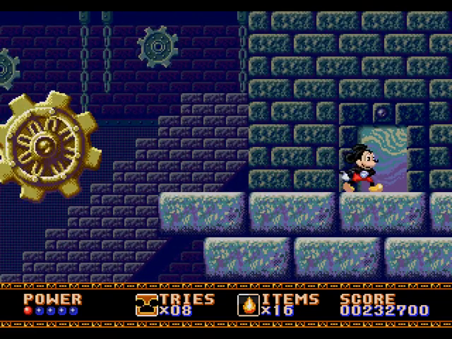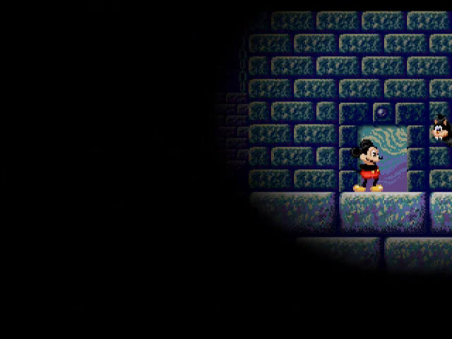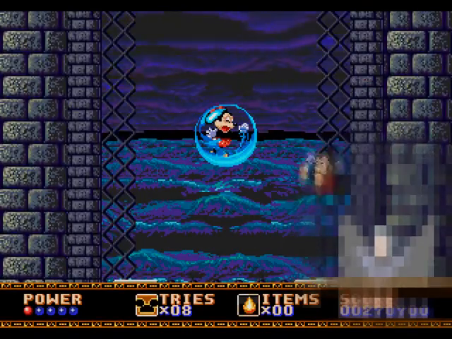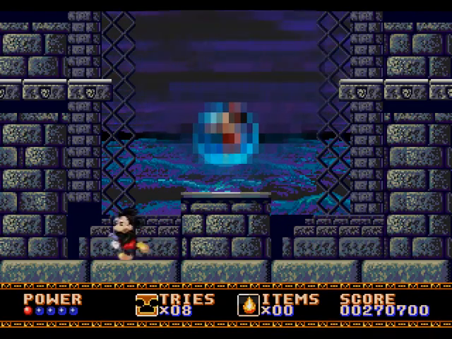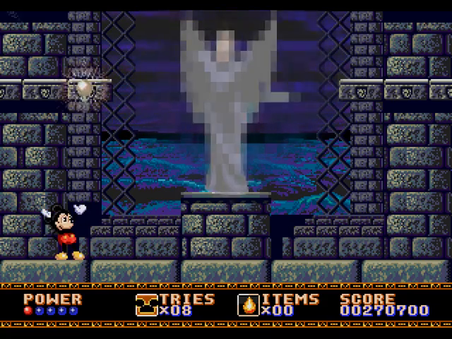Yes, a random bat has killed me there before. Yes, I did throw my controller and rage against the heavens. Anyway, once you defeat one more boss and pick up one more gem, it's time for the final confrontation with the evil witch Mizrabel, who bears quite the resemblance to a classic Disney villain. And once you defeat her...